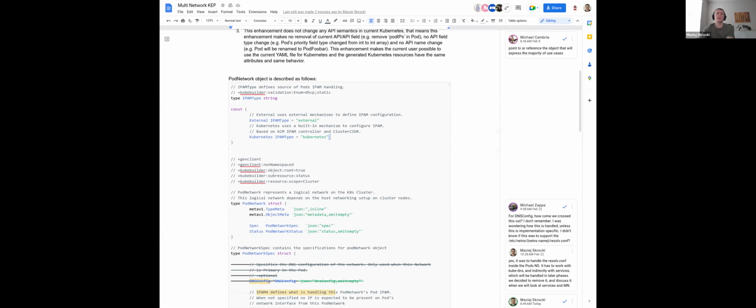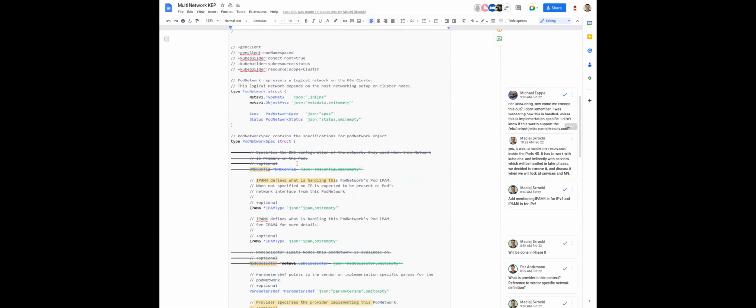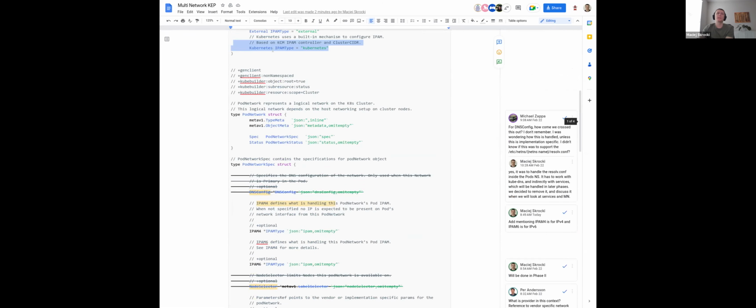That's my idea: being able to define a pod network and being able to reference it in the pod, but this comes with IPAM as well. So I consider IPAM part of this KEP because it has to be defined there as the default behavior for the interfaces. Yeah, no, that makes sense. If you're extending the internal one, yeah, then I want to do that. Yes.